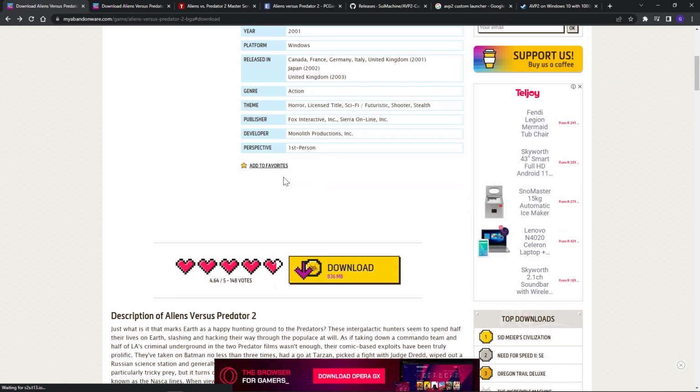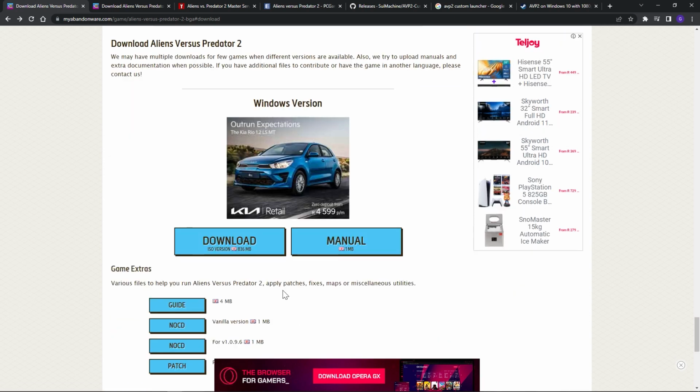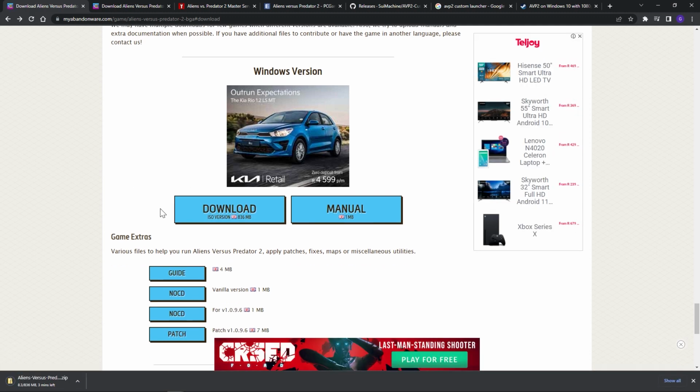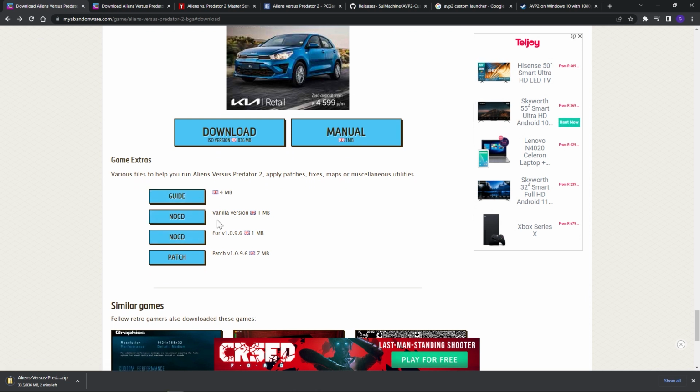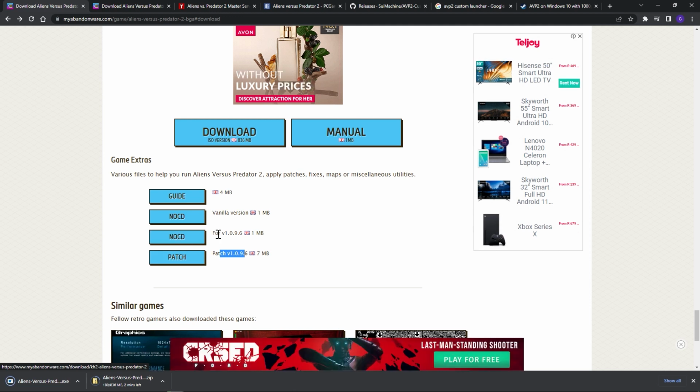So let's first download the game, and it's a very small download. It's only 836 megabytes, so we'll just click on the download link and it will bring you down to this section of the page, and we'll just click download the ISO. What we'll also need is the no CD patch. So there is the no CD patch for the vanilla version, which is the ISO version after you install it, but there's also this patch 1.0.9.6 and the no CD version for that. We're going to need the patch, so we'll click on the patch, we'll download that, and we'll download the no CD patch for